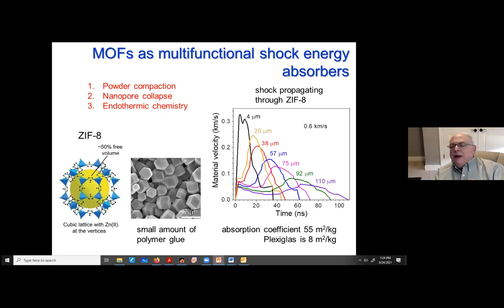So I wanted to measure the absorption coefficient like I do for everything in the lab. But it's funny to do this because it's a shock wave. So we developed a method to do it that's described in that article. What we found is what I want to call a mass-weighted absorption coefficient. In other words, if you have this many kilograms of material, you'll get this attenuation. And the result we got was that this stuff is 7 times better than plexiglass.